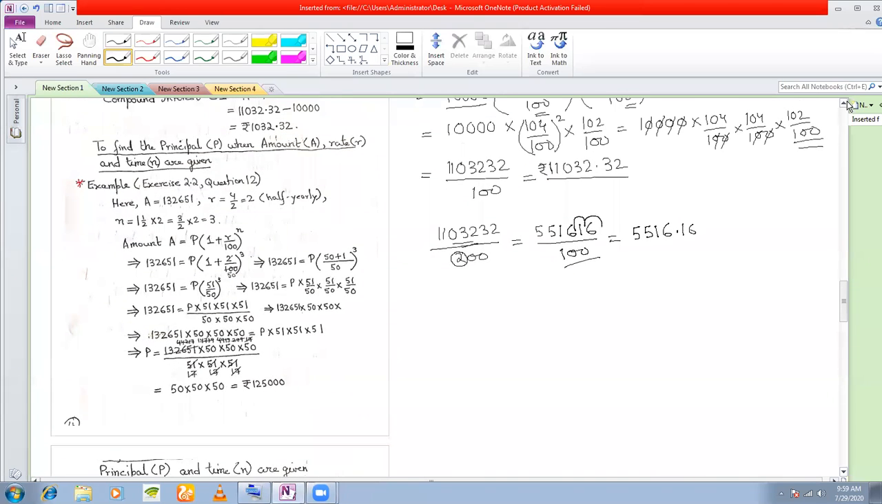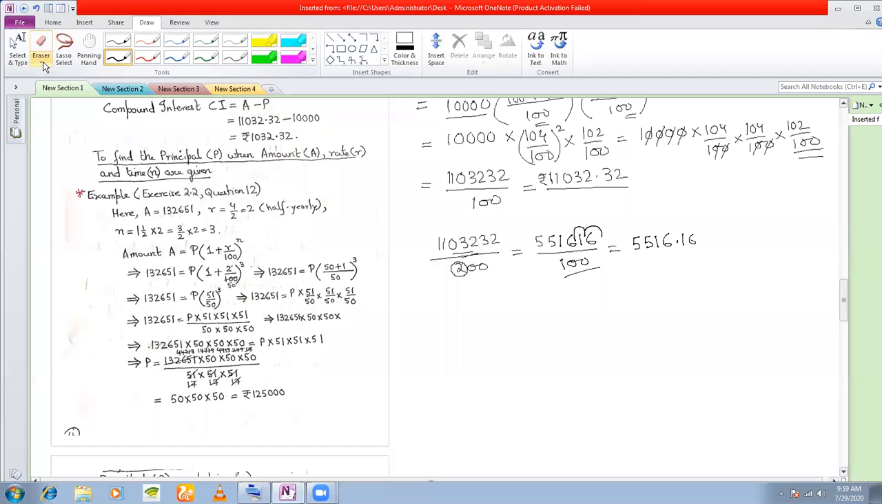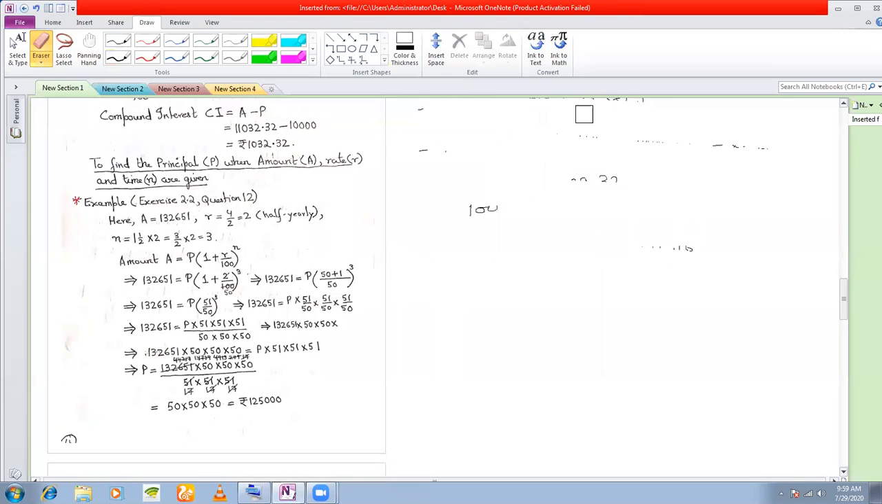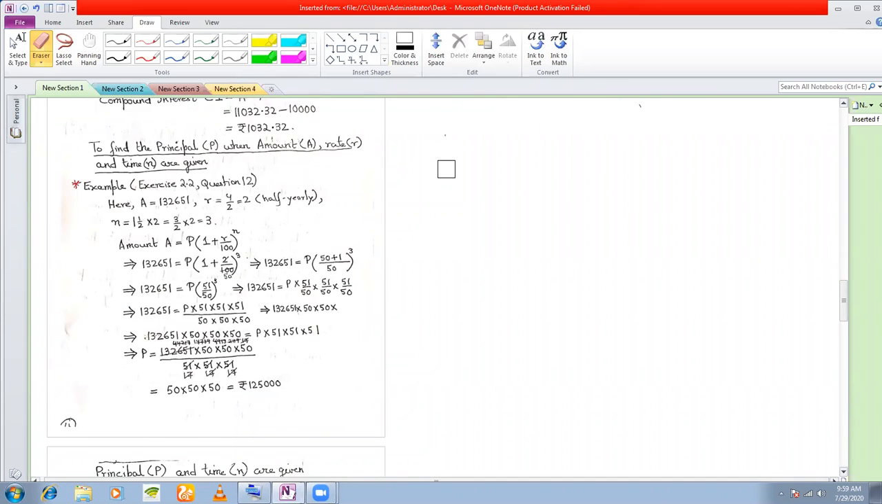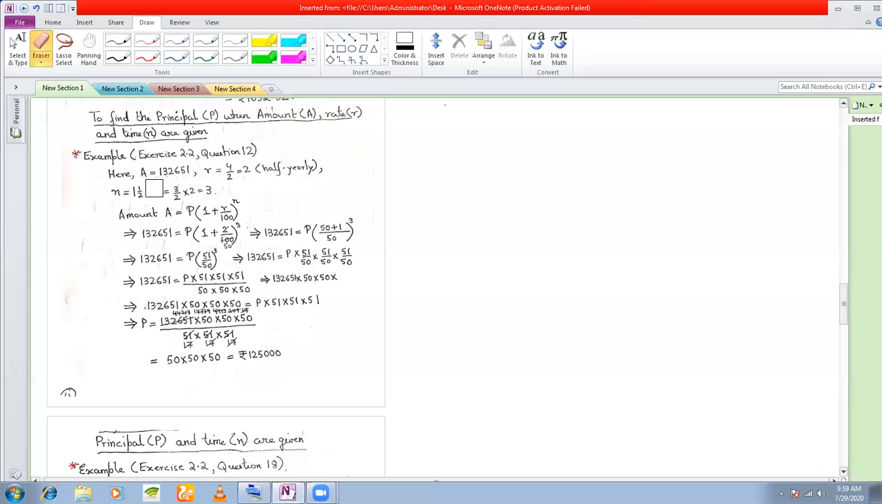Now the next type of question here is how to find the principal. That kind of question that you get normally is to find the principal when the amount, rate and time are given. How will you calculate? Let us see this example. In this case, a certain amount, a certain principal, a certain sum of money